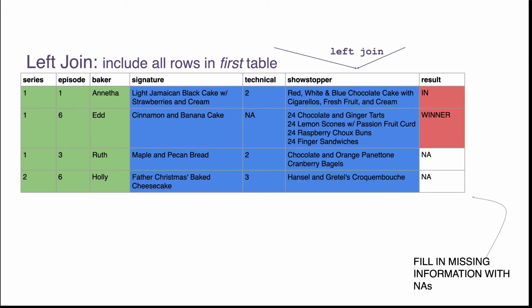So we have missing information. Okay? Missing information can also be called not available, and that's where NA comes from, right? Missing information, we can fill it in with we don't knows, not available. There is a very related abbreviation which you will see over and over again in computer science, and that is